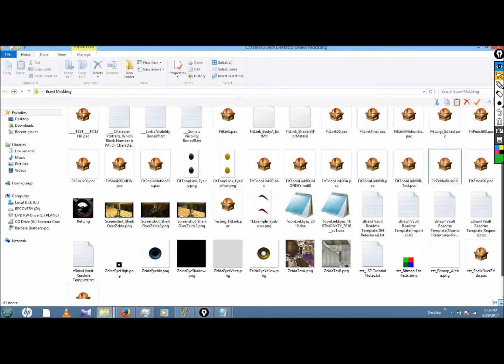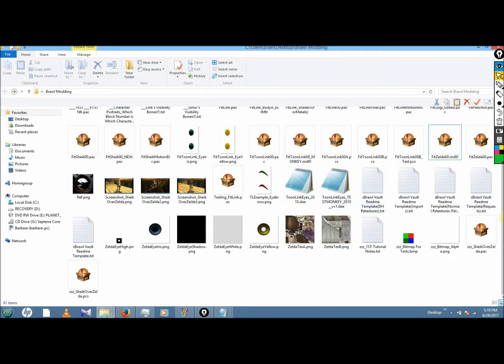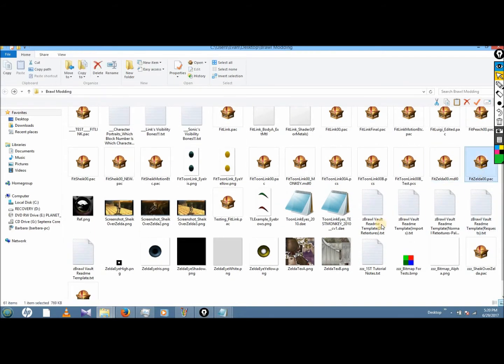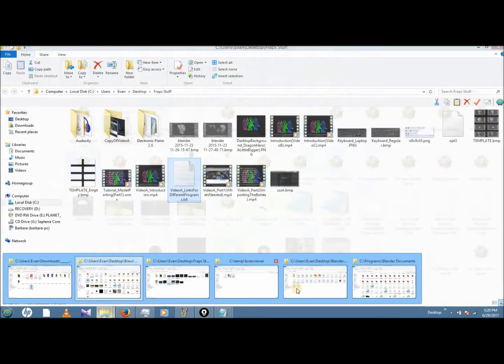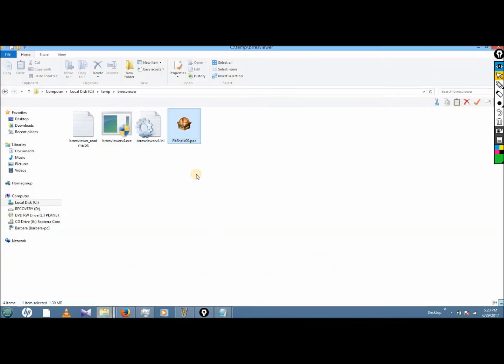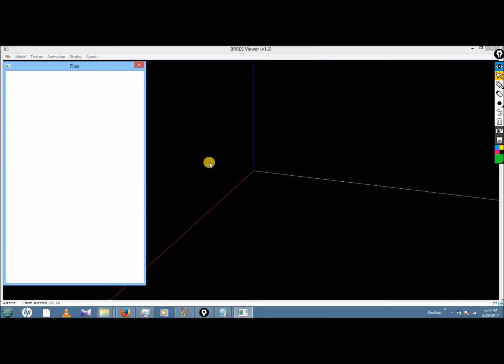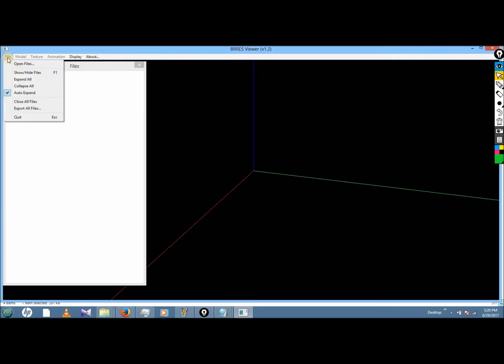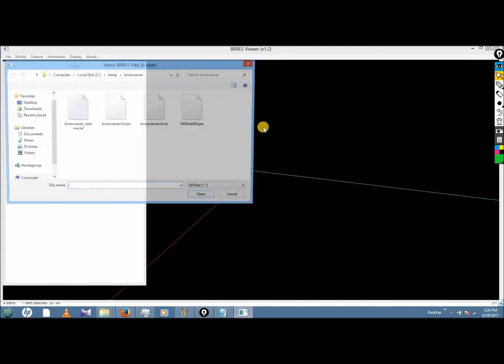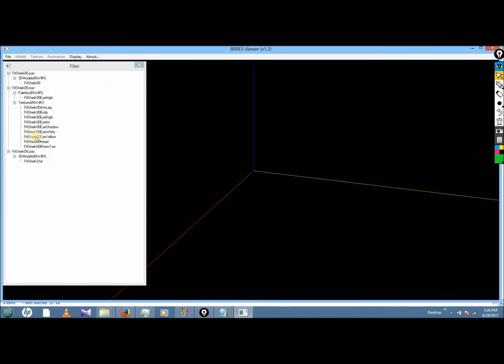There are actually two sets of bones you're going to use, and I'm going to explain that in a few minutes or so. But for the other set of bones, you're going to copy the pack file of Sheik, or whoever you're porting it over to, and paste that somewhere where you can open it up with BRSViewer. You could technically open it from where it is, but if you paste it in the same directory and set the directory of BRSViewer to that, it's a bit easier. But anyways, you open up BRSViewer v1.2, you go to open files, open up the pack file, and then